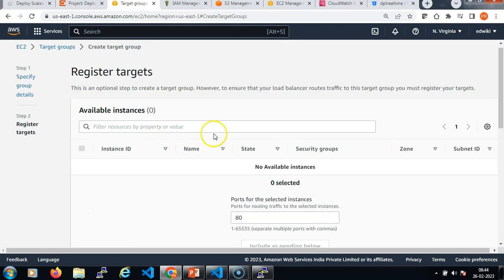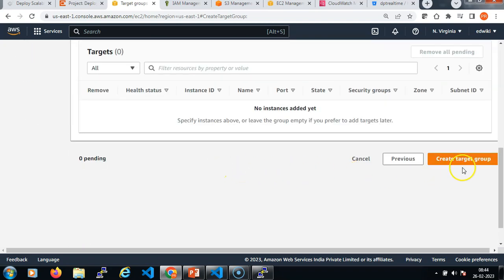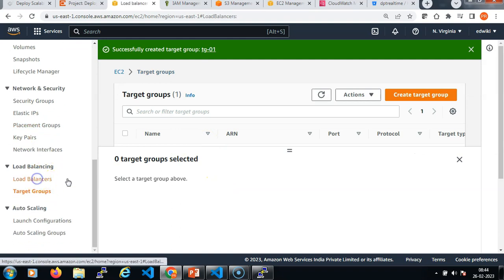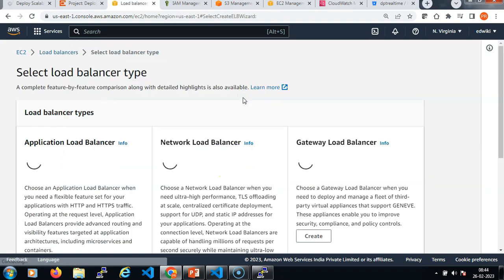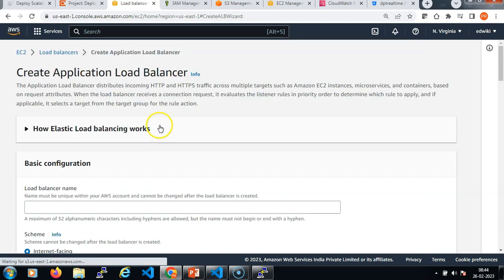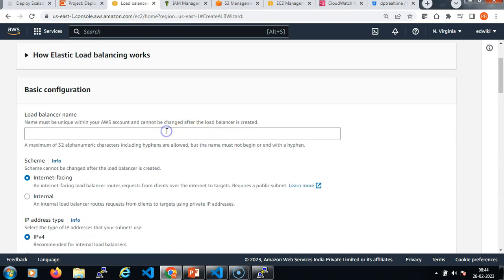I'm not creating any EC2 instances as targets manually. That will be auto created by the auto scaling group. So the target group is created. Now let me go and create a load balancer. I can create a network or application load balancer, right? So for now, as I'm deploying the application there, and I'm expecting the traffic on HTTP, let me go ahead and create an application load balancer, specify the name of my application load balancer,